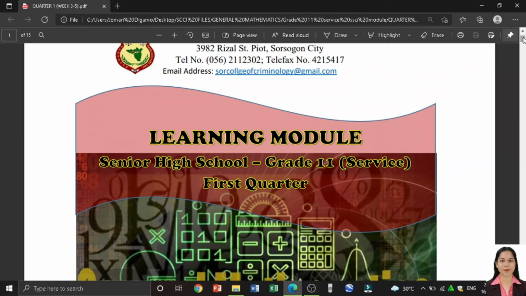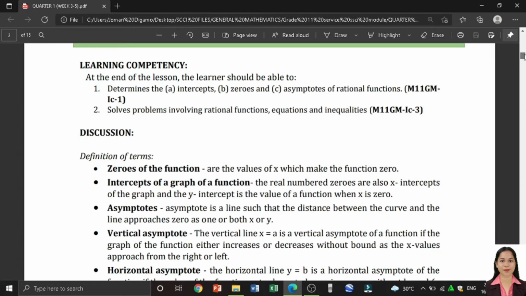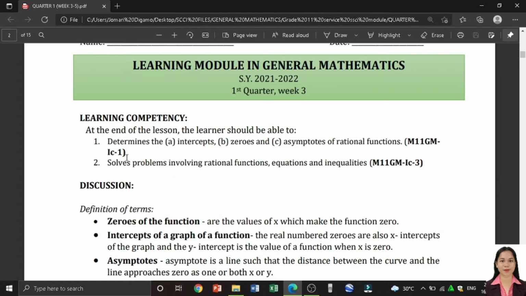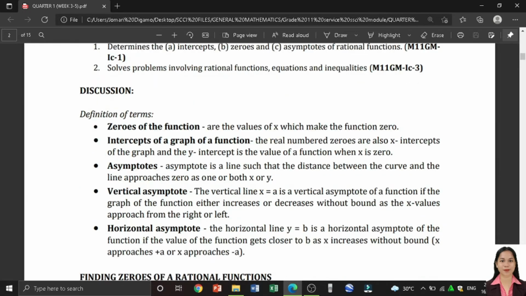Good day, everyone. In this lesson, I will teach you how to identify intercept of a rational function. So let me first introduce to you the learning competency of this module. So first, you are going to determine the intercept, zeros, asymptotes of rational functions, then solve problems involving rational functions, equations, and inequalities. So let us first discuss the definition of terms